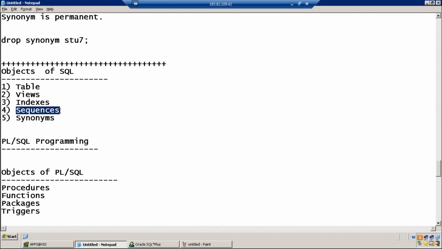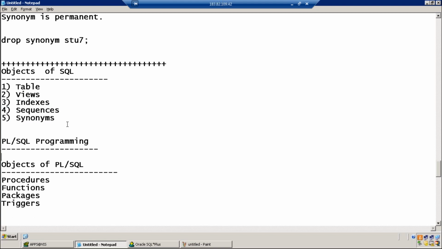Sequence, that structure is defined. The number generation is stored, and we don't need to look at it. There is no way to manually look at the sequence and see all the numbers which it is possible to generate. These are all internally, automatically used objects. We just write the queries and use it, but how it works internally is done by the Oracle engine automatically.